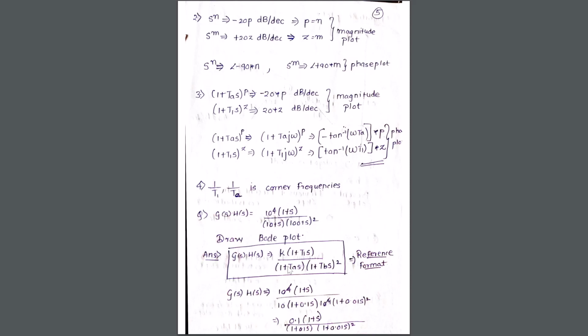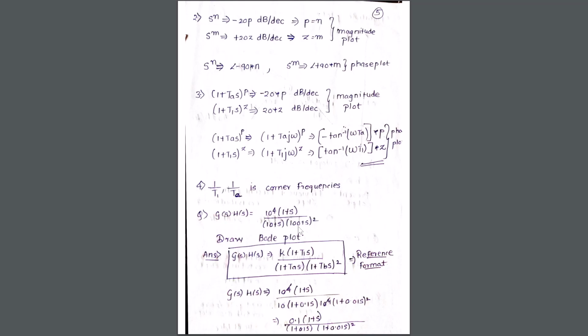I hope I am very clear. So what happens is that 10 raised to 4 stands for k. 1 plus t1 of s is 1 plus s, so there's no issue. But below it should be 1 plus t of s, but here we have 10 plus s. So what you need to do is take the 10 outside and you will get 1 plus 0.1 into s. That is in the standard format 1 plus t of s.